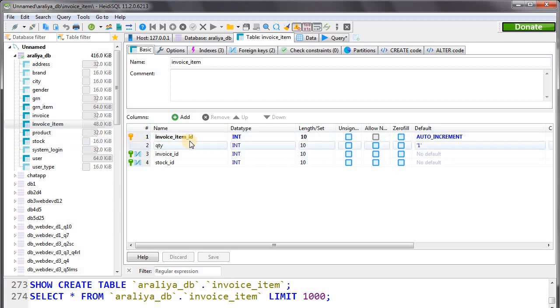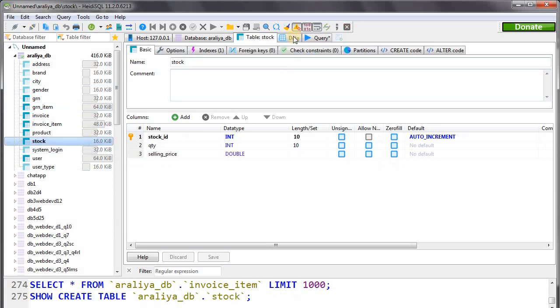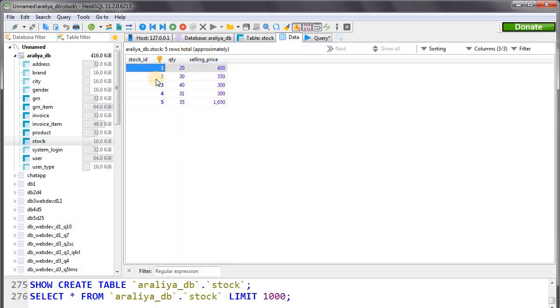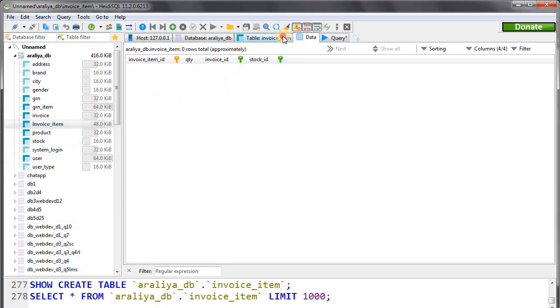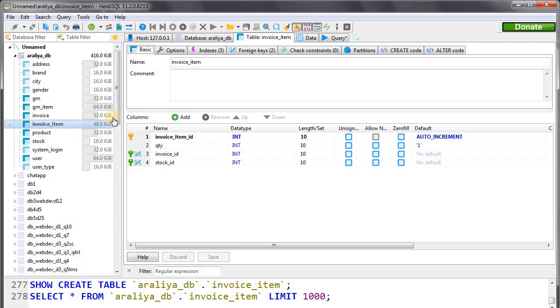The invoice item ID is auto incremented, and quantity, invoice ID, that's the foreign key from invoice table, and again there's another foreign key to the stock table, stock ID foreign from the stock table. So we entered data into our stock table. That means we can enter the stock ID without any errors into our invoice item table.